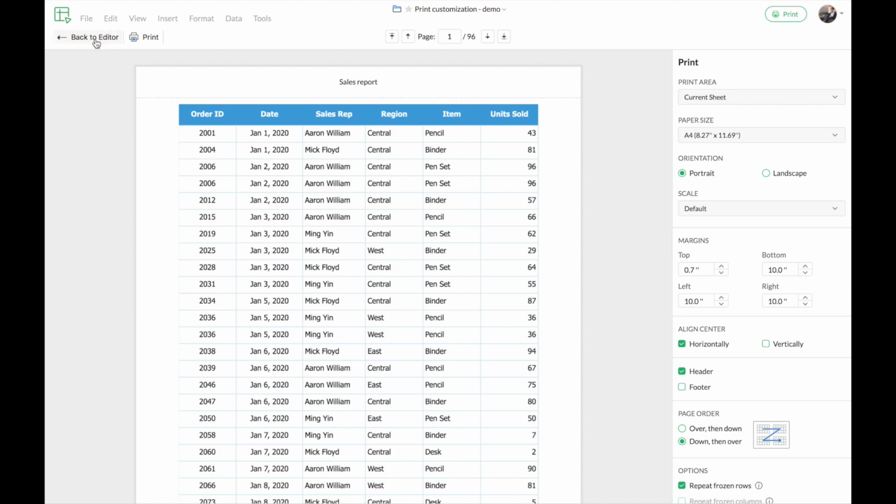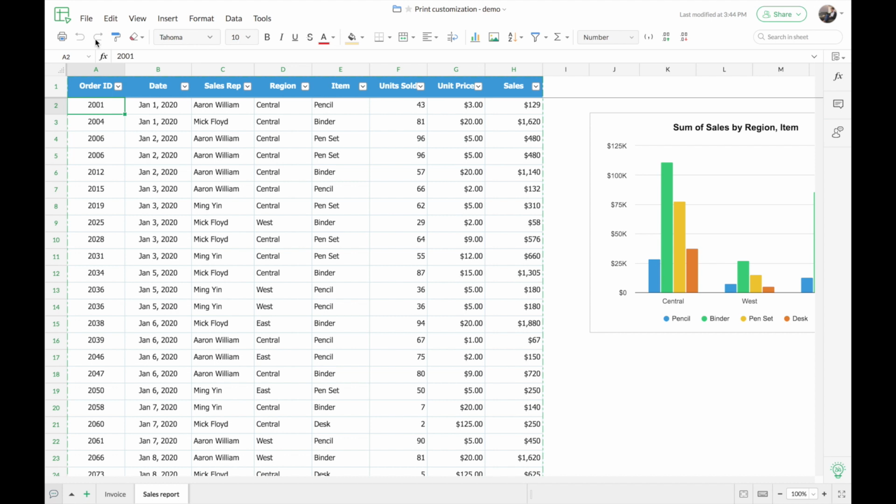So now we'll just move back to the editor. Now that we have seen how we can use the various print setting options provided by Zoho Sheet to customize the spreadsheet data, let's have a look at one more additional piece of information with respect to printing. Zoho Sheet provides you with a predefined function called CLEAN that lets you remove the non-printable characters from your spreadsheet. When you have spreadsheet data that is imported from various sources, it is important that you clean your data before you go with the print. And this function helps you get rid of all the non-printable characters that you have in your data.